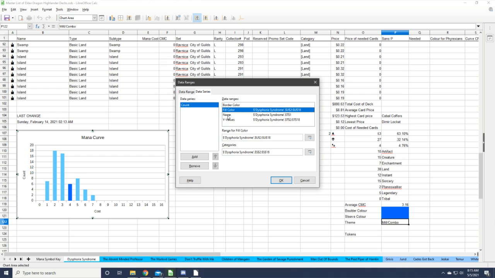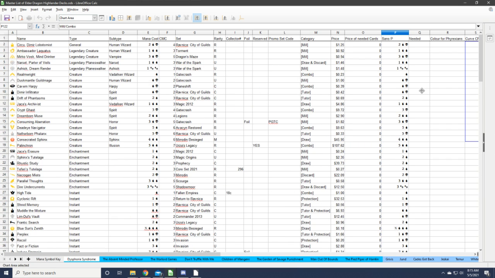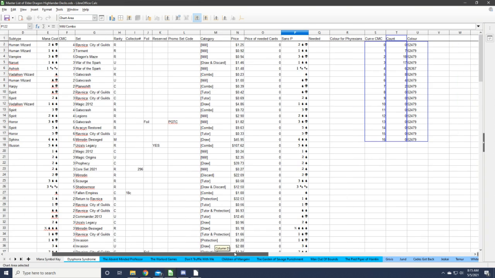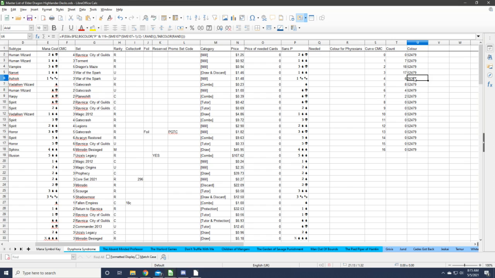So you can enter the fill color for the data ranges in here, and so that's U2 to U18. So let's go up to U2 to U18. See, that's here, and you'll notice that 4 is in fact different from all the others,